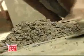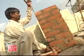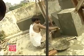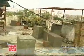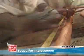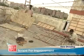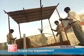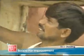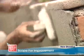With the space cleared up, our team began working on building platforms made out of cement and bricks. Once completed, these platforms will double up as both seating and a space to arrange plants on. Putting up bamboo mat roofing was next on our list. With the walls scraped and the broken ledges and the parapets repaired, it was now time for our painters to